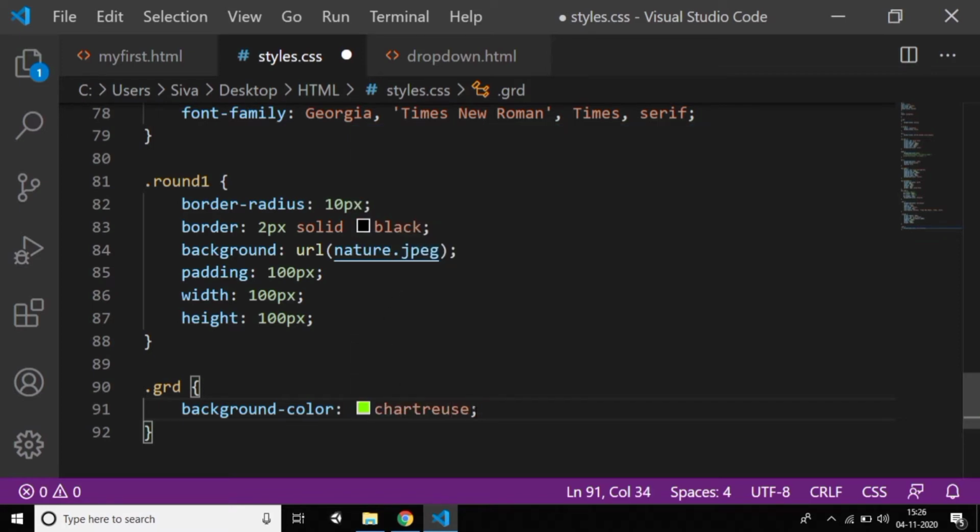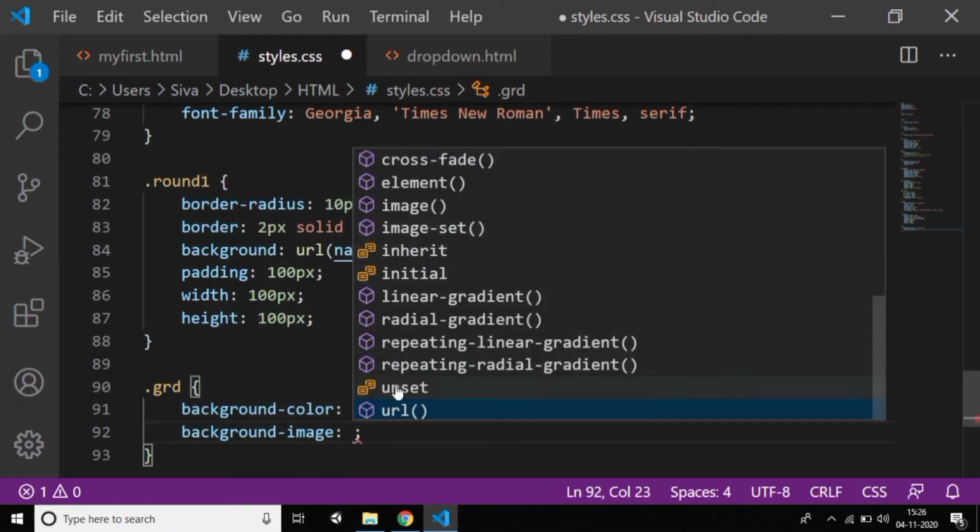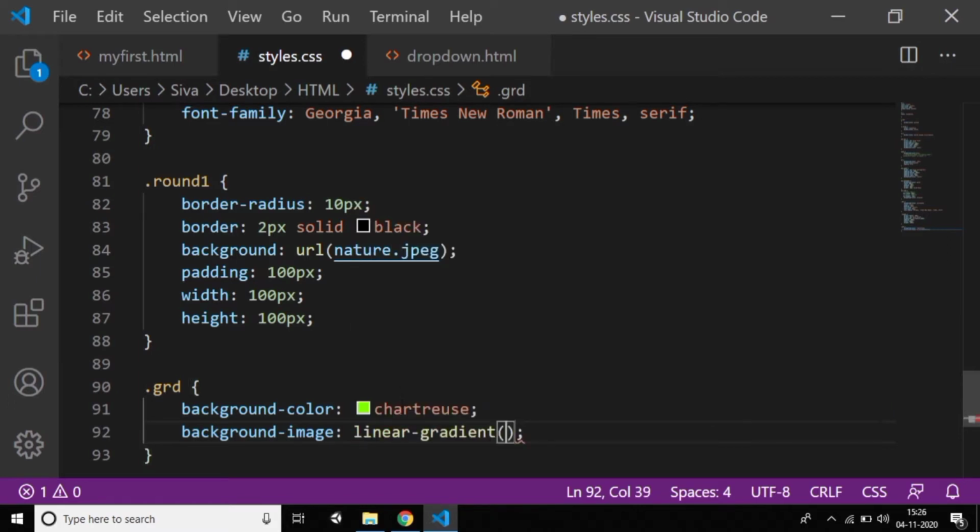So here, just take background image and give linear gradient. Keep linear gradient, copy and paste the same color, and just give yellow.